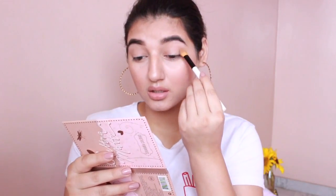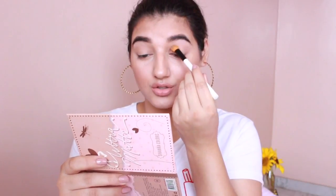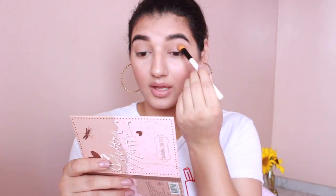I'm not an eye person whatsoever. Doing the same thing on the other side. I definitely should have powdered my eyes so that you can see the color. But this is just to give a sheer layer of color in the eye. I really need to invest in good eye makeup brushes. So if you have any recommendations, please let me know, because I really want to get good at my eye